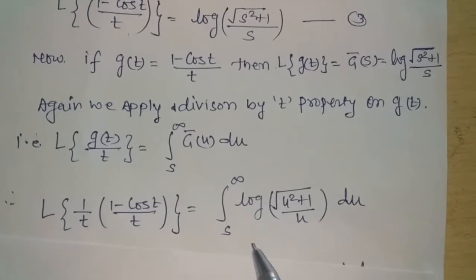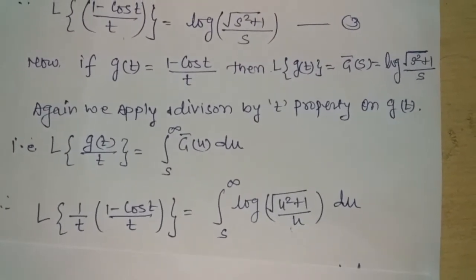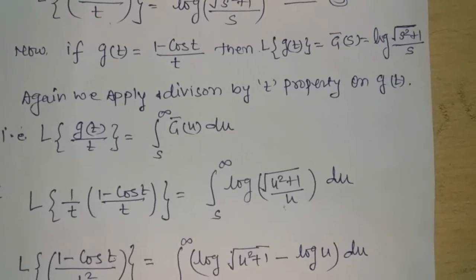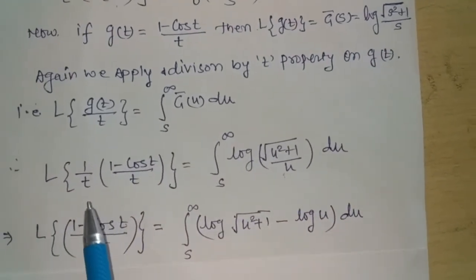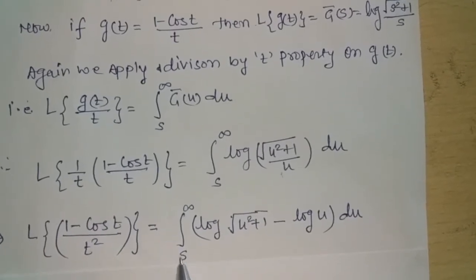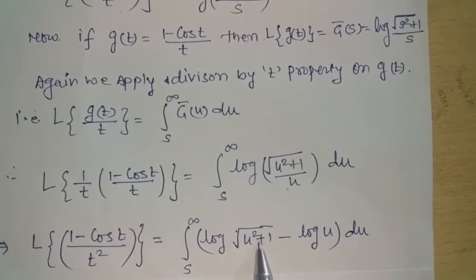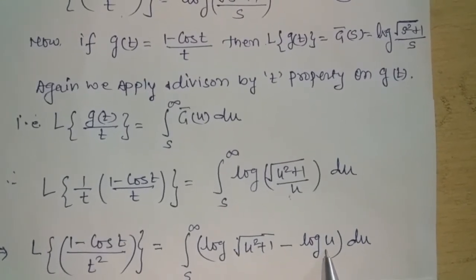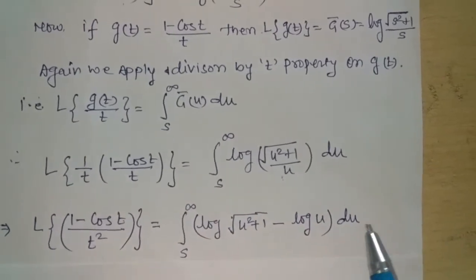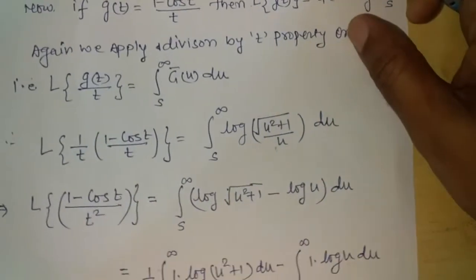Here we apply the property of log, that log of m by n is log m minus log n. So the Laplace transform of (1 minus cos t) by t square is the integral from s to infinity of log of square root of u square plus 1 minus log of u du. Now we separate two integrals and we get